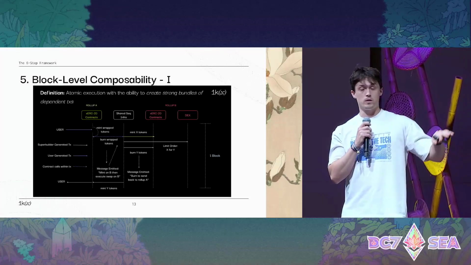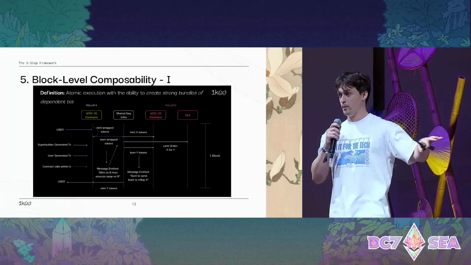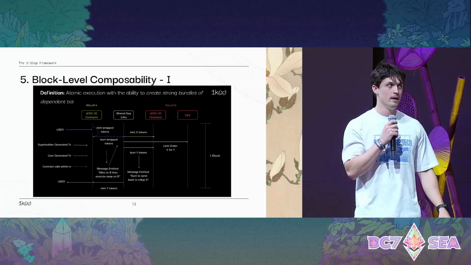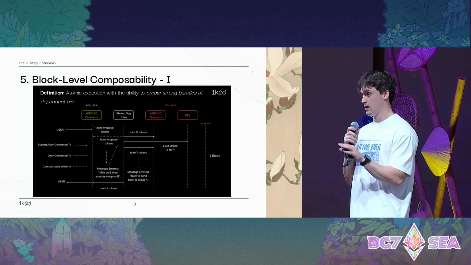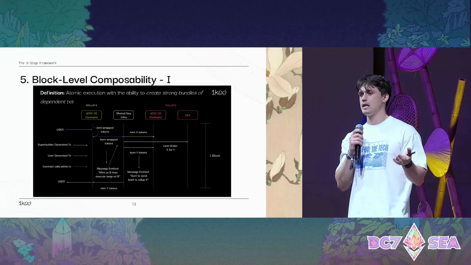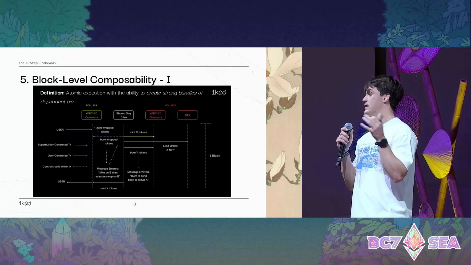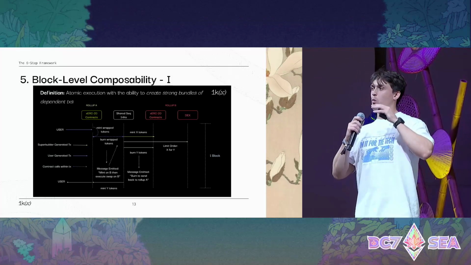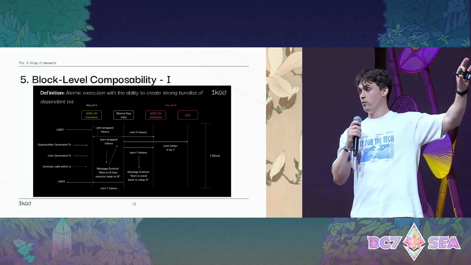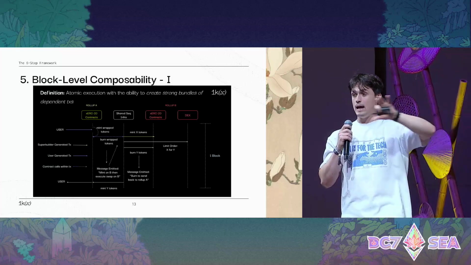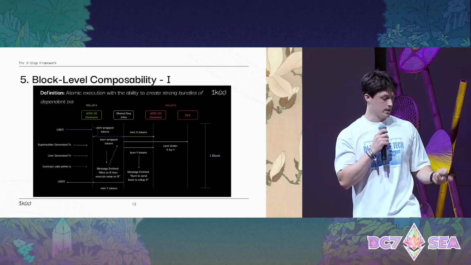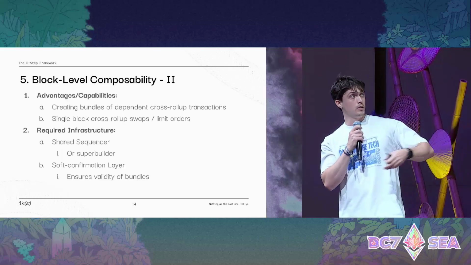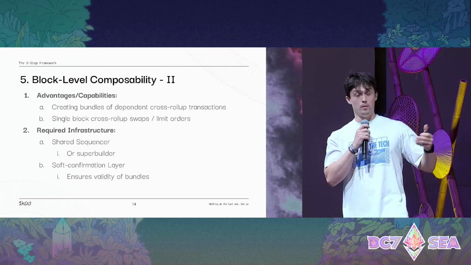And this is block level composability. This is a really crazy diagram, and I'm not going to go through every single step of it right now. But basically, the idea here is that we can compose between rollups within a single block. So a lot of times on Twitter, you'll see people talking about, oh, we need synchronous composability. What does that mean? This is one way that they mean that, where you can have this dependent cross rollup bundle of transactions. And this is really important because now you can do things like single block cross rollup swaps